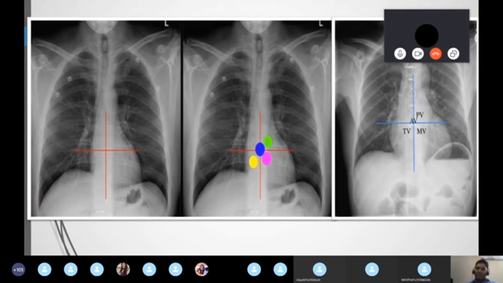Sometimes nowadays they are not getting a visible one, but you can still tell that the patient underwent a mitral valve or aortic valve replacement. Let's see, draw a plus symbol. Now we can see here how I'm going to show you which is which valve. The pink color is the mitral valve, the blue color is the aortic valve, the green color is the pulmonary valve and yellow is the tricuspid valve.